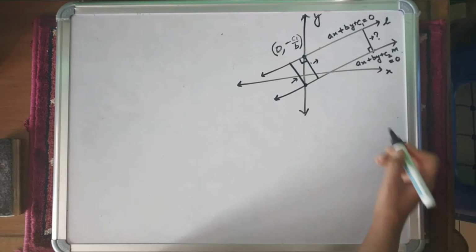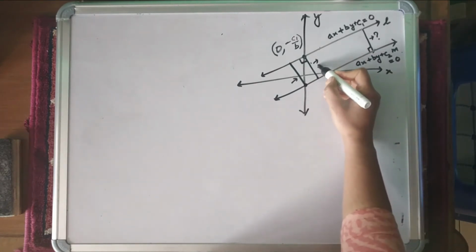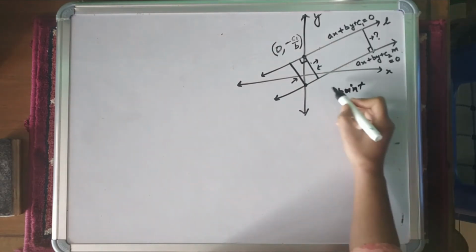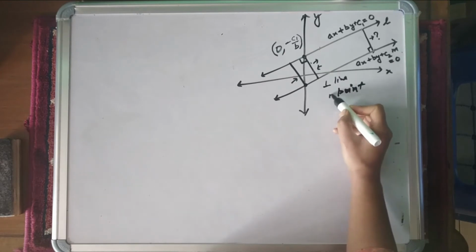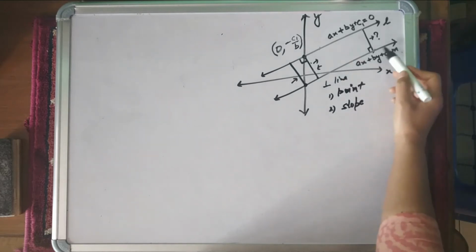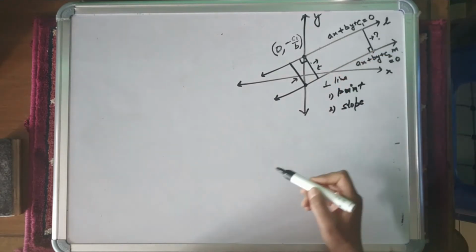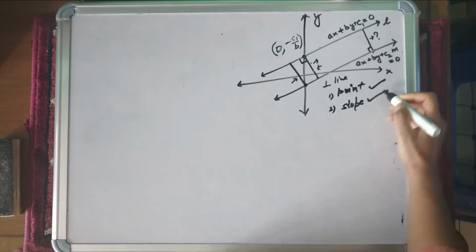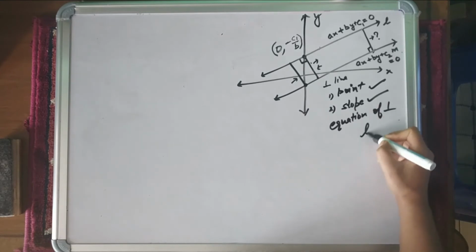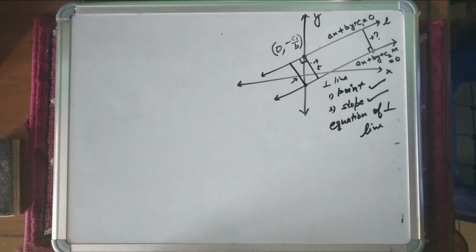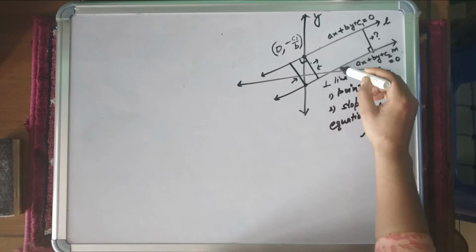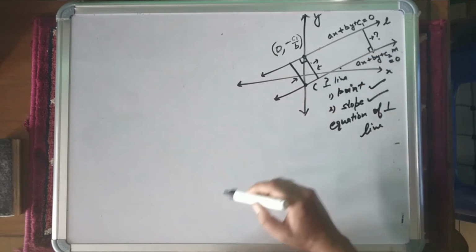See, what is my plan of action? Now I have a point also. I know a point of this perpendicular line. Secondly, I know the slope also, because if I know the slope of these lines, I know the slope of this also, since this is perpendicular to this. If these two things are known, I can write down the equation of the perpendicular line. And once I get the equation for this, I can find the point of intersection of this and this line, meaning this point.